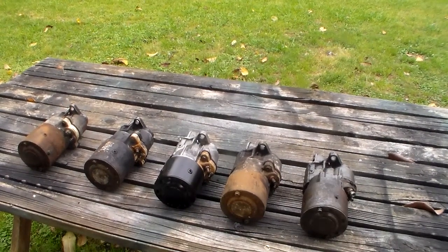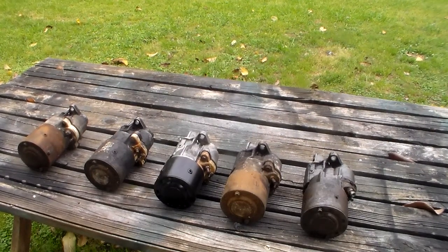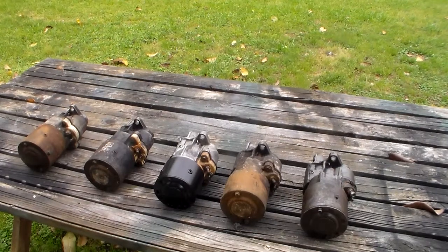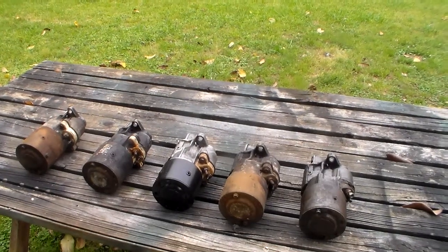So that kind of substantiates what my friend here on YouTube said about a small and big block starter, but Chrysler didn't really emphasize that much. Let's just put it that way. So, okay, enough yakking. And by the way, yes, that does interchange. So I could put a large frame starter on that 318 in that car, no problem, as long as I've got enough room. So let's look at these starters and see what they are,